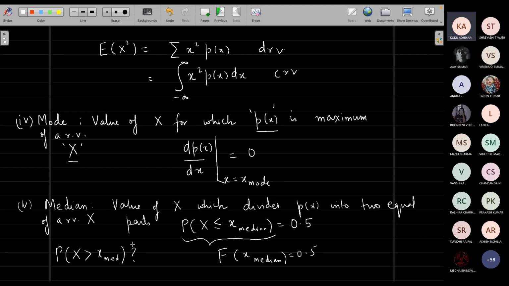In the case of a discrete random variable, you may find some difficulty if there is an even number versus an odd number of values. But in the case of a continuous one, you will not face any problem, as exactly at a particular point you do not need to worry about anything. Since I am using strictly greater than for x greater than x median and less than or equal to for the other, in the discrete random variable there may be a problem if there are an even number of observations. But you have already encountered that, I am pretty sure, in your maths class, maybe in 8th or 9th, when you tried to figure out the median.